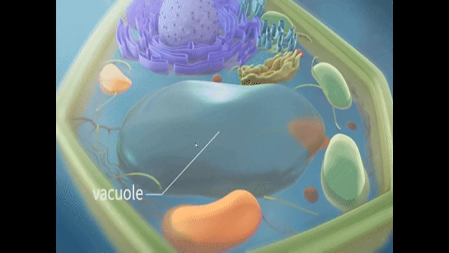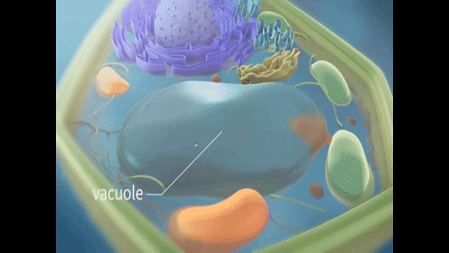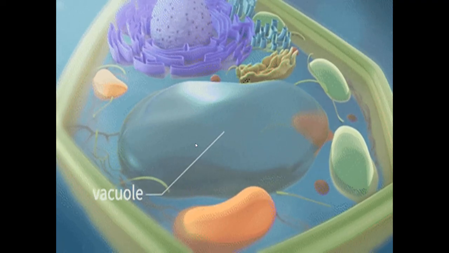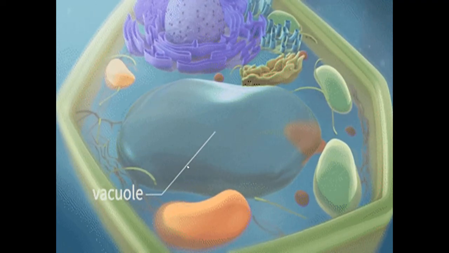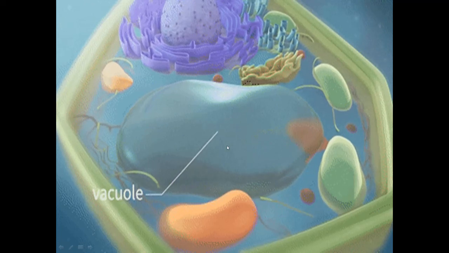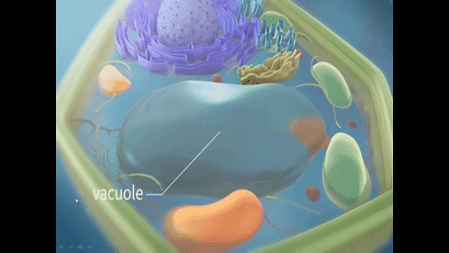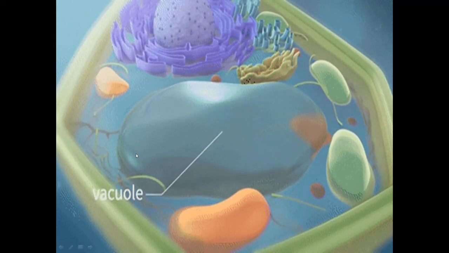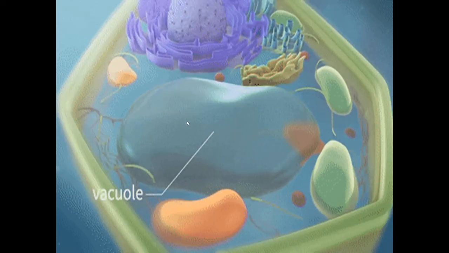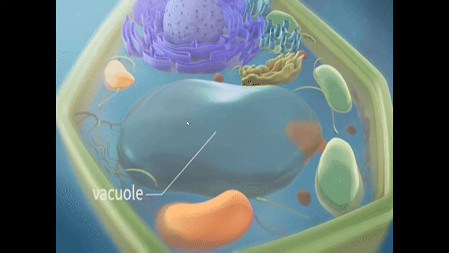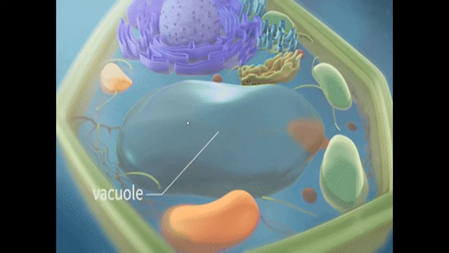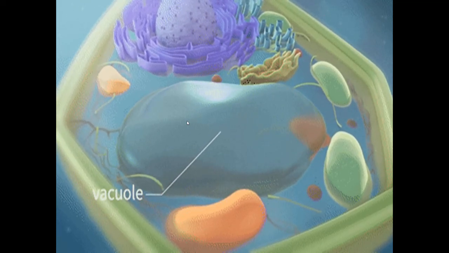In the cell, there is one more membranous structure. Membrane covered cavity. You can observe here a large membrane covered cavity, especially found in plant cell, and it is filled with a fluid called cell sap. So vacuoles are the structures which store food, excess water, and also waste products.